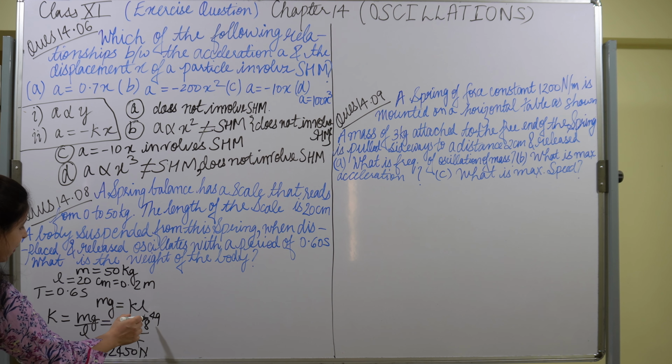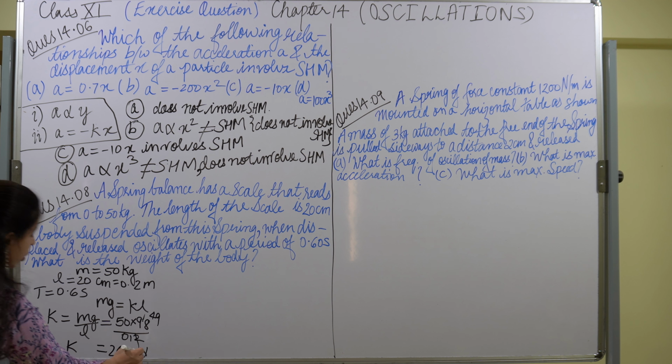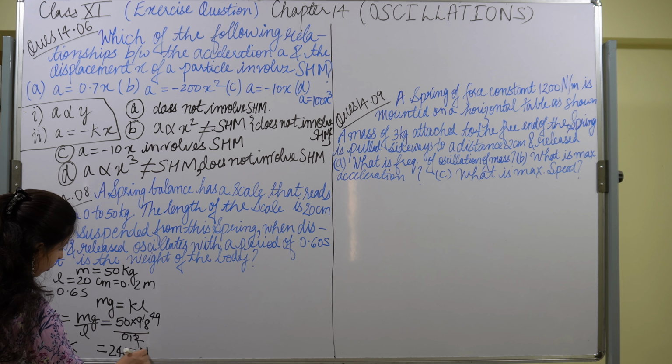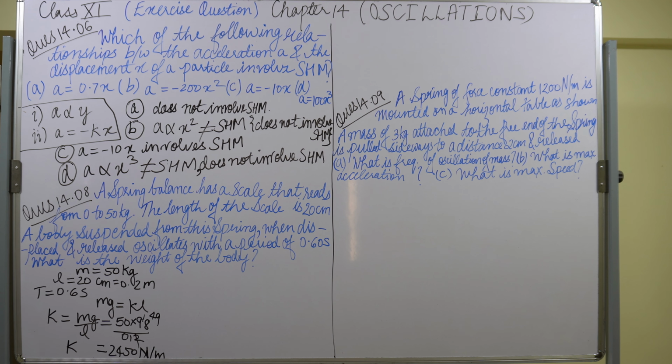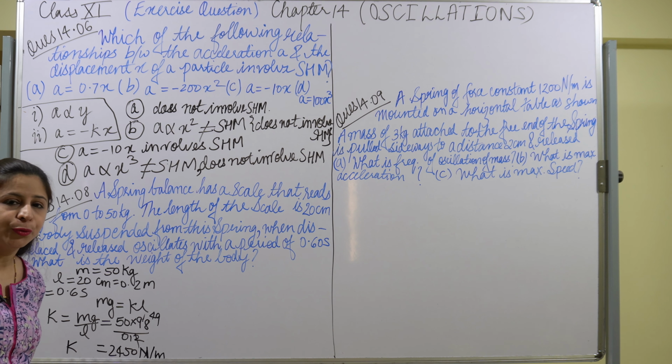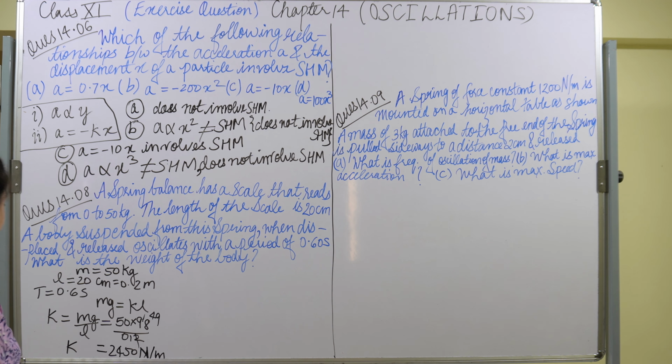When we multiply 49 by 50, we get 2450 Newton per meter. Okay, the unit of spring constant is Newton per meter. Okay, now